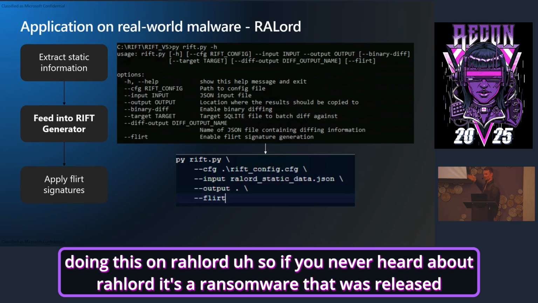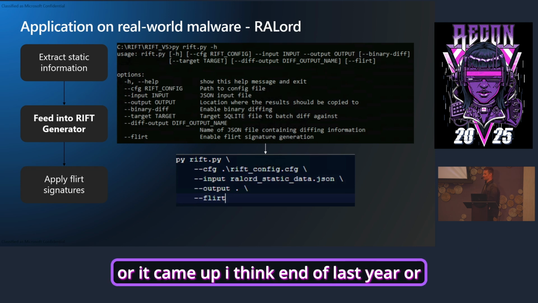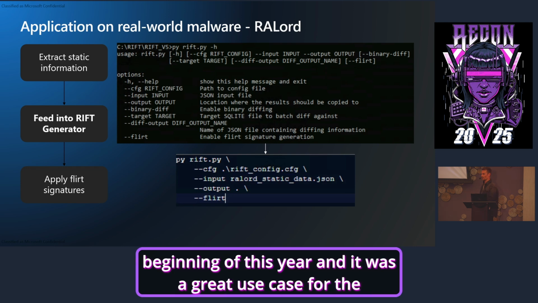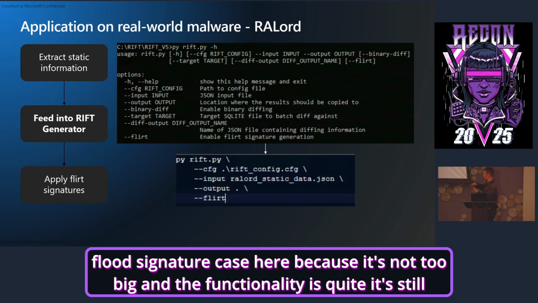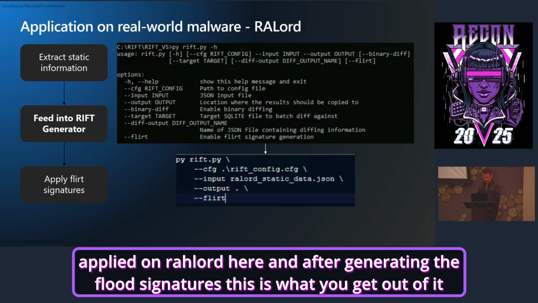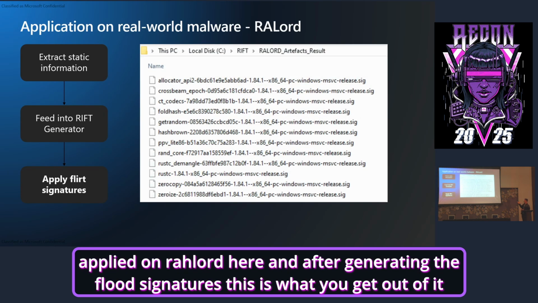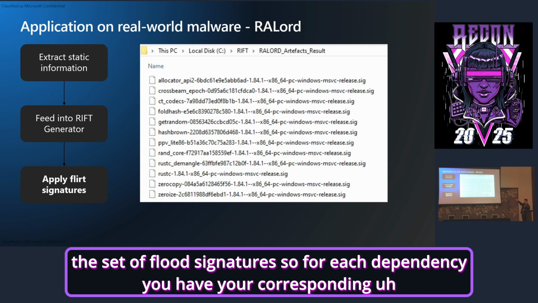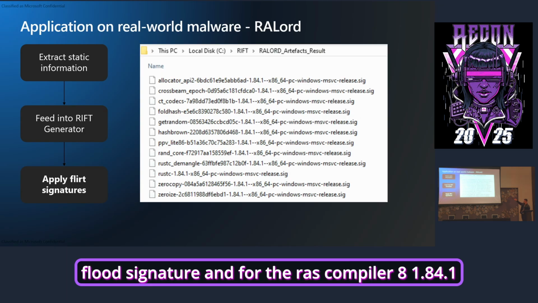If you never heard about Ralord, it's a ransomware that came up, I think, at the end of last year or beginning of this year, and it was a great use case for the FLIRT signature approach because it's not too big, and the functionality is still simple. It's an encryptor, so it really just ransoms your data, encrypts your data. So this is being applied on Ralord here, and after generating the FLIRT signatures, this is what you get out of it: the set of FLIRT signatures. For each dependency, you have its corresponding FLIRT signature, and for the Rust compiler,